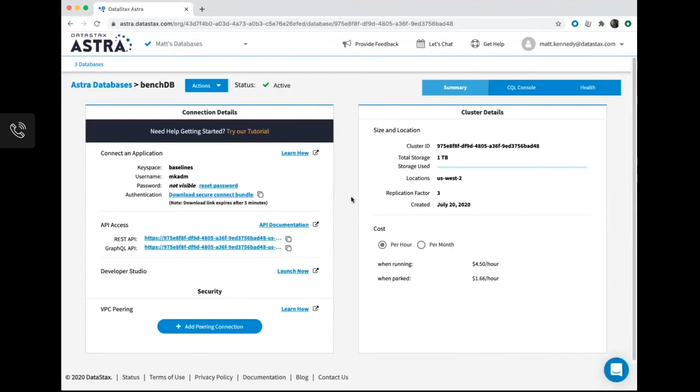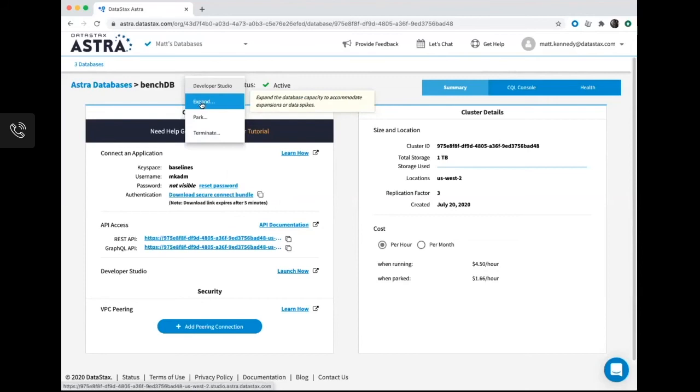As you can see, we are now back in Astra. I want to point out that I went ahead and named this database's keyspace baselines. That just simplifies the setup process because there is a pre-configuration in the test that we call these keyspaces used for NoSQL Bench baselines. Just makes things a little easier to start out that way. I have expanded this already to a terabyte. I'm going to go do that again just to show what that process looks like.